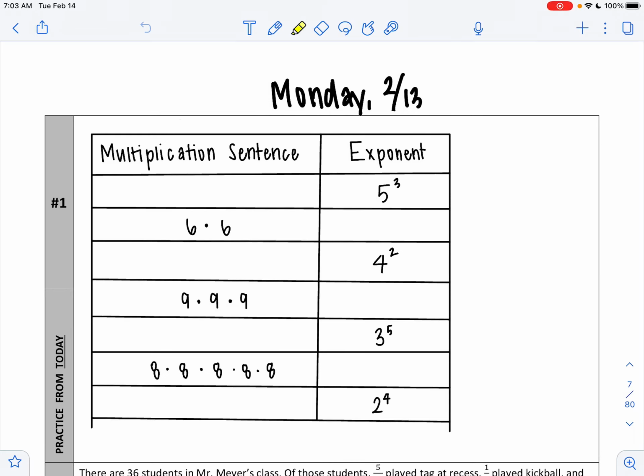This video covers Morehouse's homework for report period 3, week 5. We'll start with Monday, February 13th. The first box of Monday's homework just asks you to write multiplication sentences and exponent form that are equal to